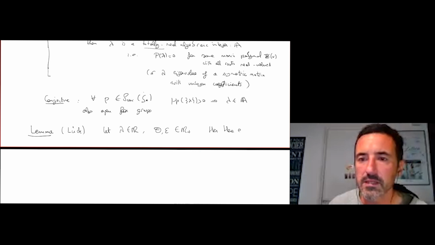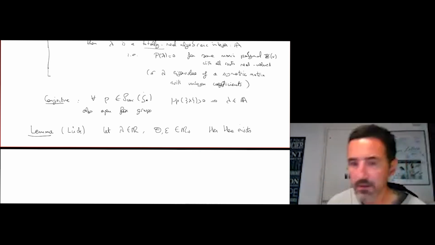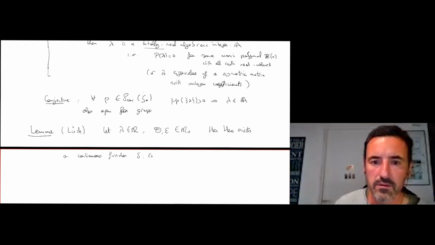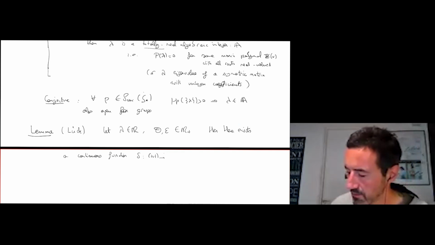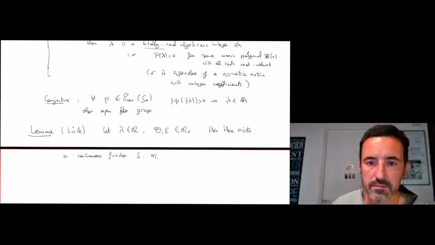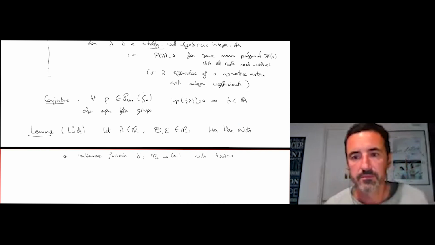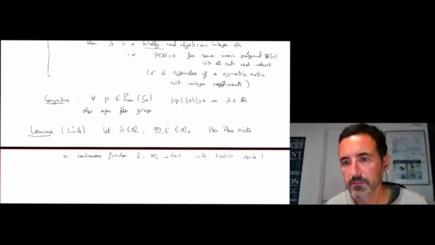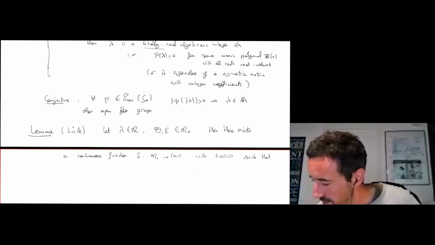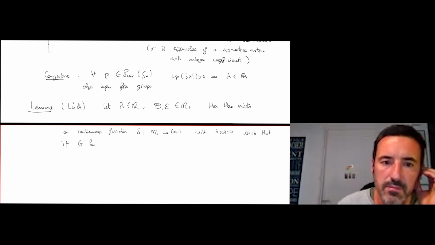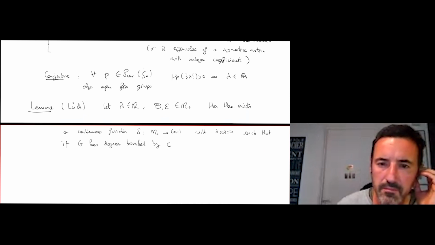Then there exists a continuous function delta from R plus to [0,1] with delta of 0 equal to 0, such that if G has degrees bounded by theta, then